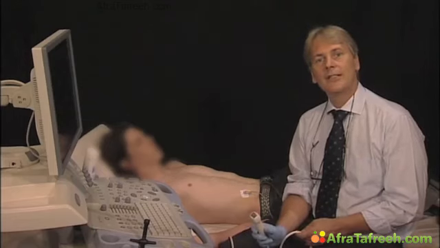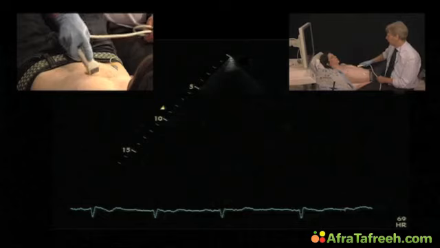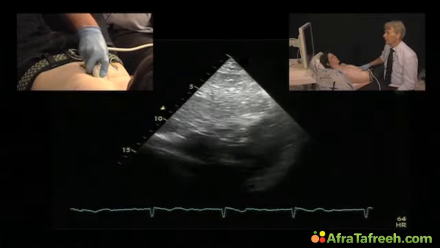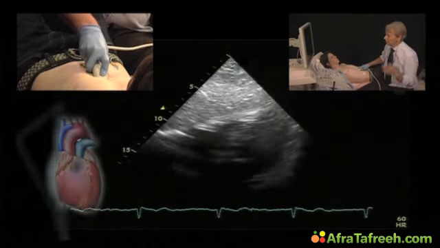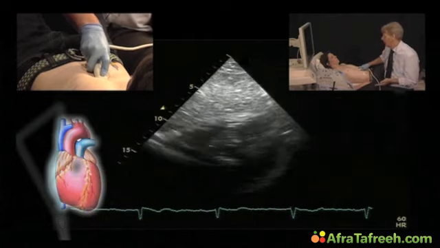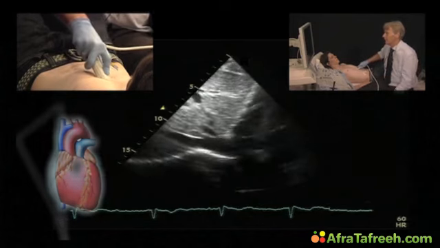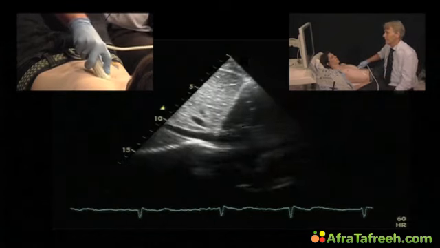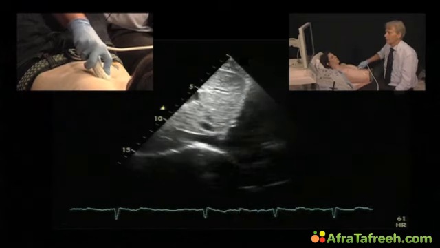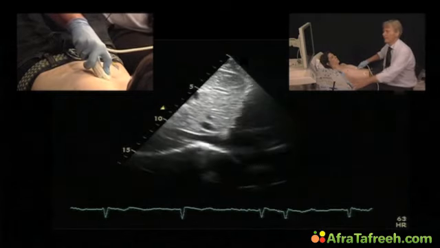To visualize the vena cava inferior, you start out from the subcostal four-chamber view. And all you have to do is orient your transducer towards the right shoulder and at the same time rotate. So it's this motion that you're doing. If you do this, you get a nice view of the vena cava inferior as it enters the right atrium. What you can also appreciate is that when he breathes, you have fluctuations in the size of the